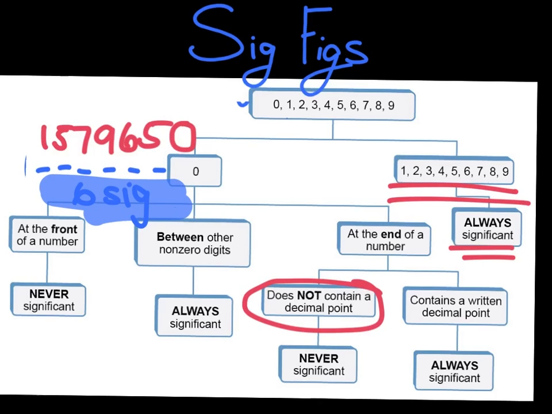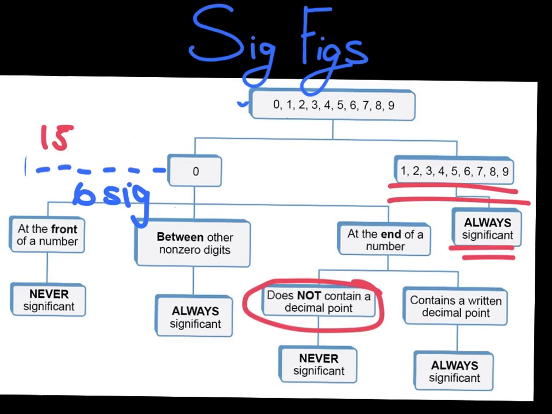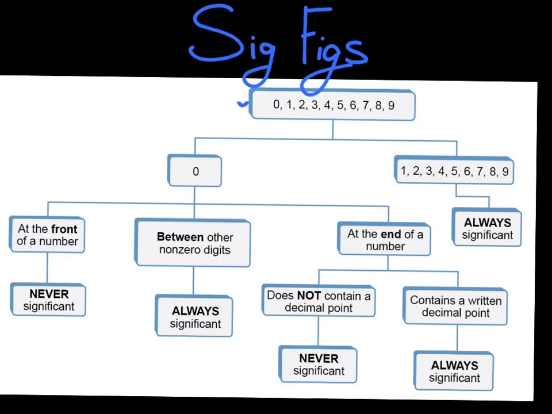Done with that. Now let's go into our last rule, though, where it's at the end of the number, but what else more about it? Okay. So it's at the end of our number, and it contains a written decimal point. Then it will always be significant. So let's look at what that would be. So that would be a number like